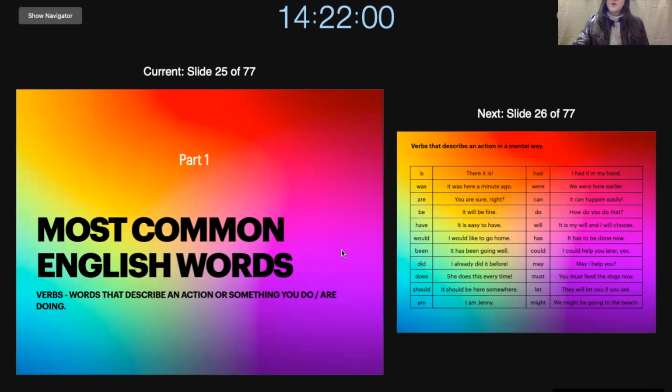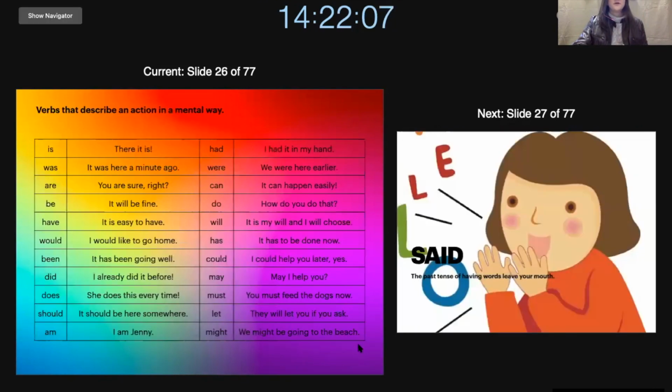And since this is part one, we will be looking at very basic verbs and how to use them in this slide. So, is: there it is. So, is will be a position where I can see it, all right, in this sentence. Then